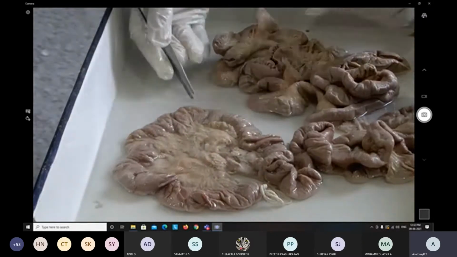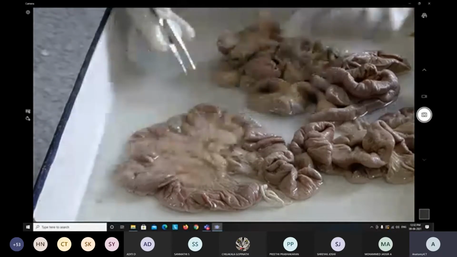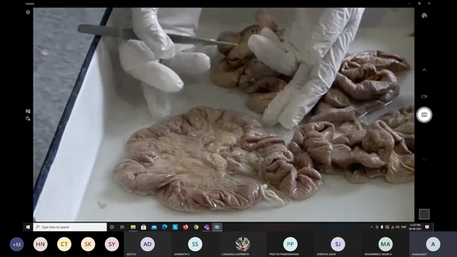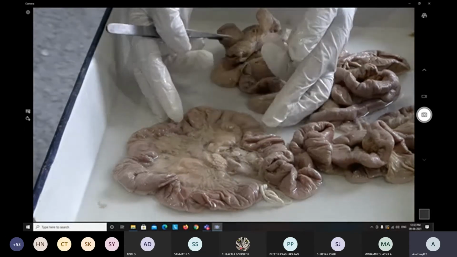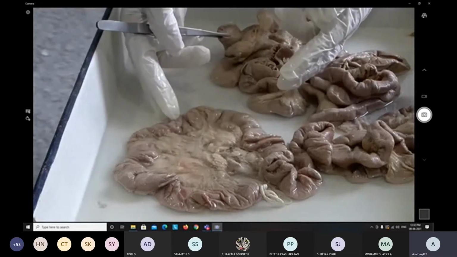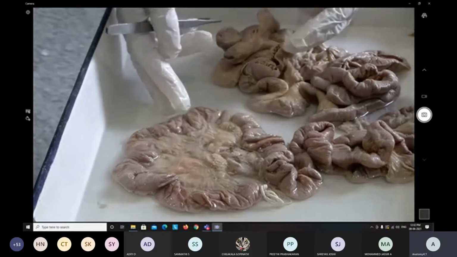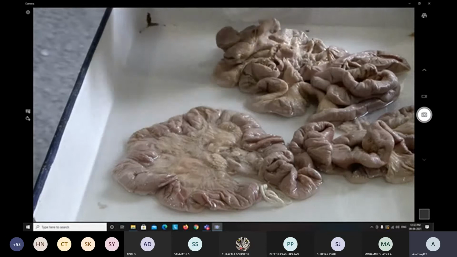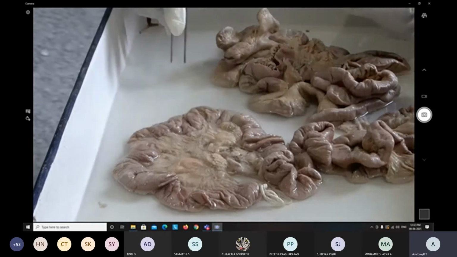And posteriorly, behind, exactly on the posterior side, we have the right psoas major and the right ureter. The ureter is the continuation from the kidney. It is a tube which goes to the bladder, and that is called the ureter. The right ureter comes in relation to the posterior surface. And you know there is the inferior vena cava, which passes on the right side only. That is also one of the contents.